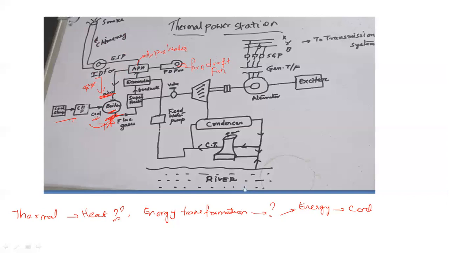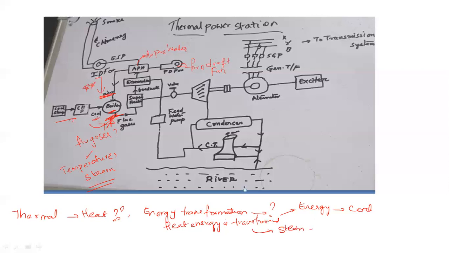So in the boiler, what will happen? When the combustion takes place, flue gases will emanate. What are flue gases? Flue gases will have temperature and steam. Steam, how do you produce the steam? That means the heat energy is transferred into the steam energy in the boiler. How? In the middle of the boiler? No. At the sides of the boiler, you have tubes.